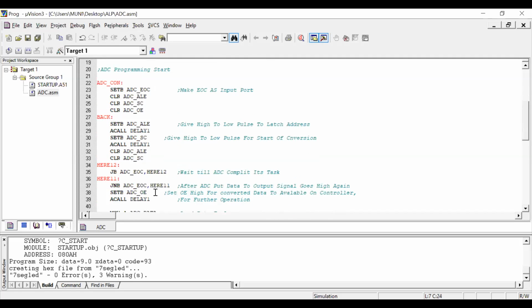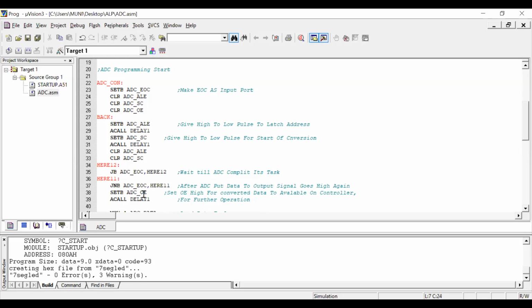And next one, wait till the ADC completes its task. It is a jump on bit, so that it acts as a wait for the end of conversion task. After the ADC puts data on the output, the signal goes high again.